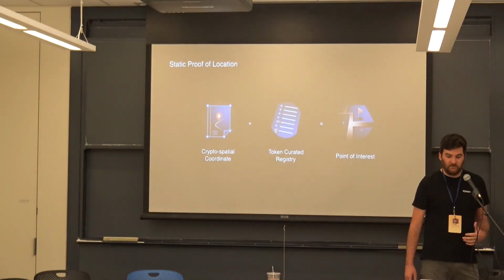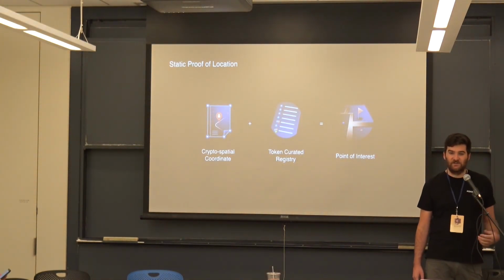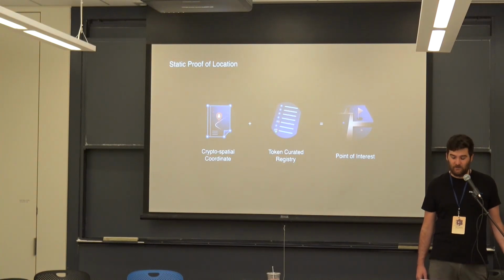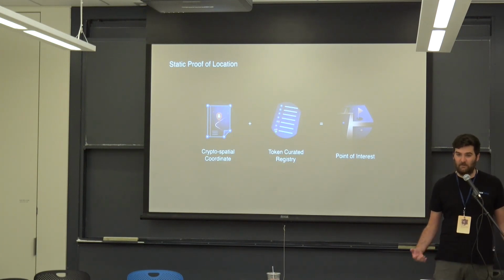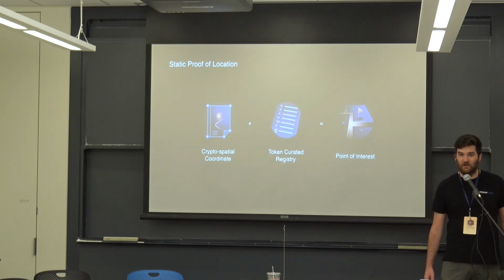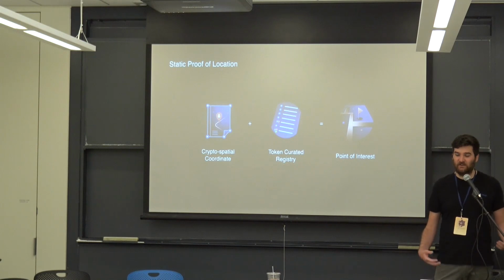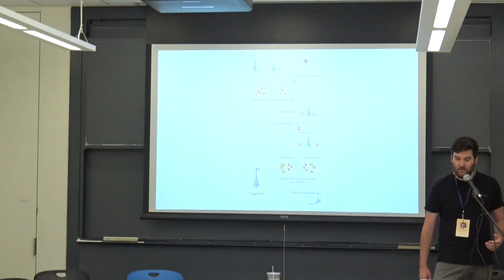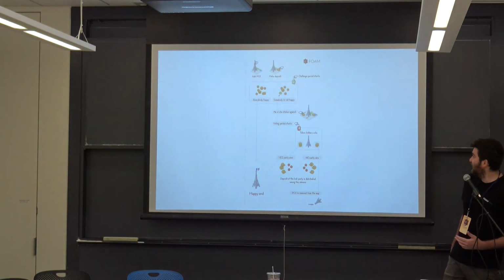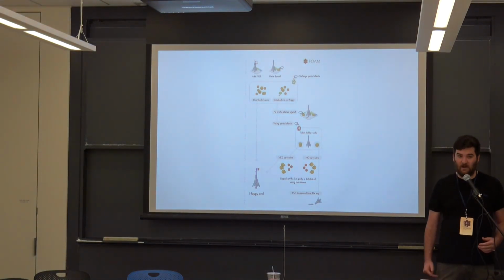So really what this Foam map is, is taking the geospatial encoding standards we've developed and combining it with a primitive called the token curated registry. And out of that we get this map of points of interest. And a token curated registry is a way to generate a list and curate that based on token mechanics. So this is an infographic, might be hard to see, of how the mechanism of